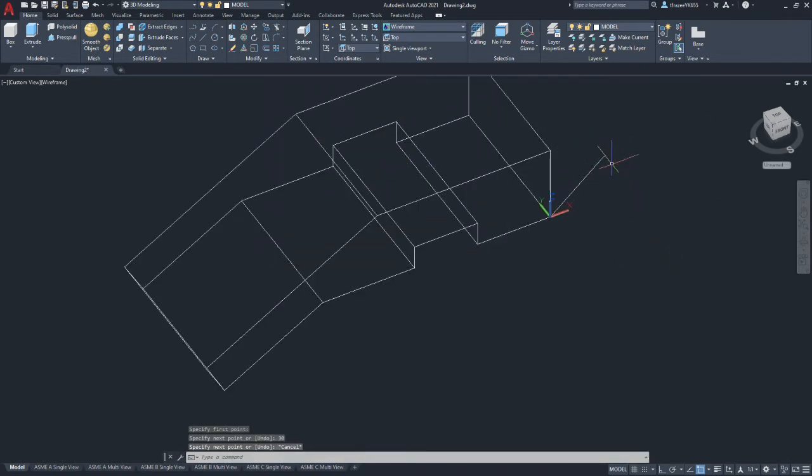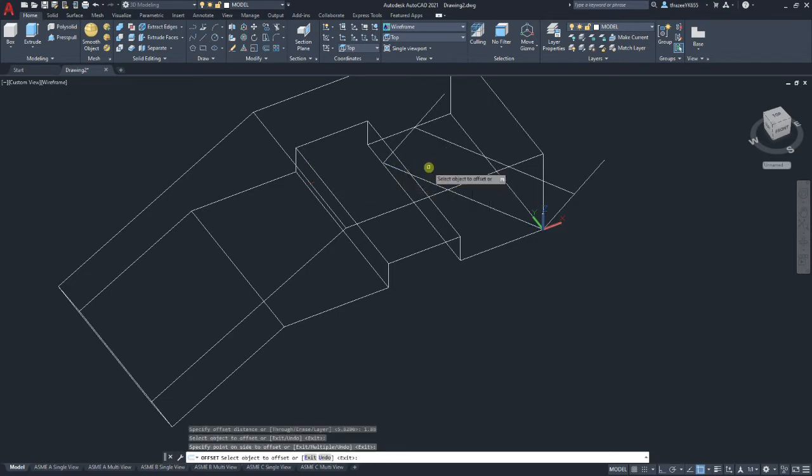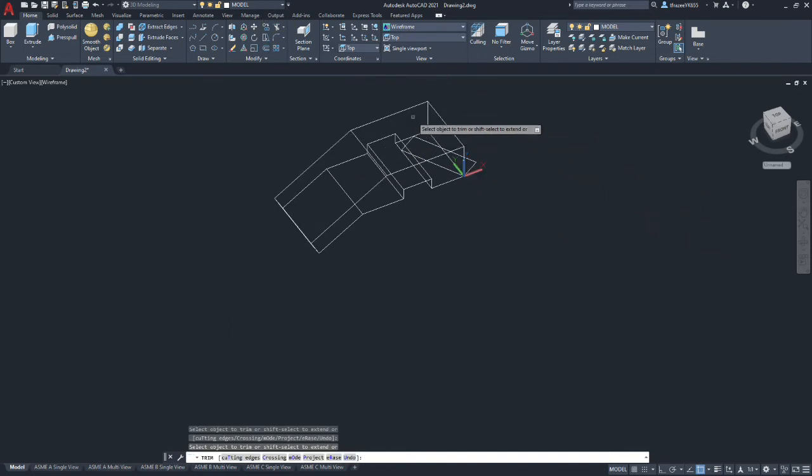Now that we have the 30-degree angle established, we can then offset for the length of our rectangle we're going to make, which is 5.82. And after we've done that, we will connect the endpoints from origin to the left side. This will allow us to have a line then to offset for the thickness of the flange, which is 1.88. And then we will trim up the rectangle we just made.